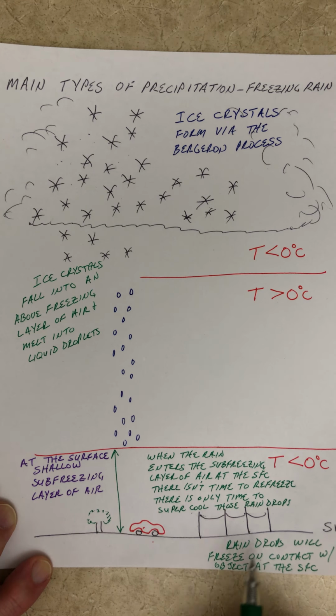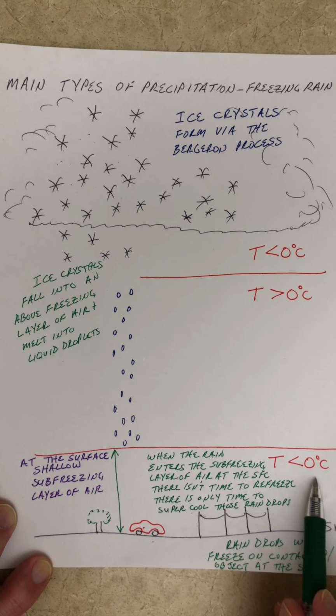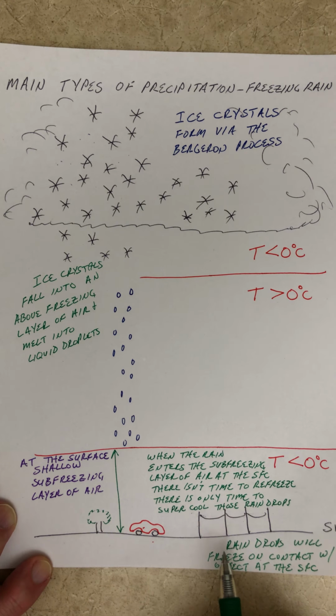And then when they hit an object at the surface, the object is below the freezing point. When the raindrop falls on that cold object at the Earth's surface, the raindrop is going to freeze